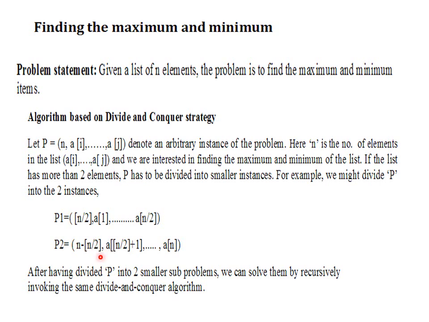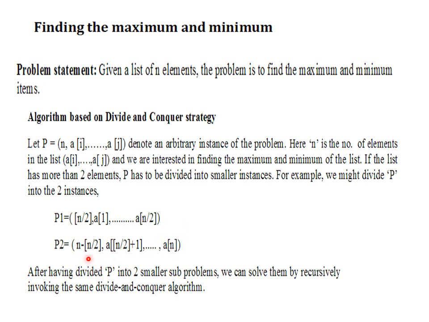So that is true, because if the number of items is 8, then 8 divided by 2 gives 4. So n by 2 is 4. So n minus n by 2 is equal to 8 minus 4. So the items are stored from a of 5 to a of 6, a of 7 and a of 8, because that is a of n by 2 plus 1, since a of n by 2 is still in the first list.